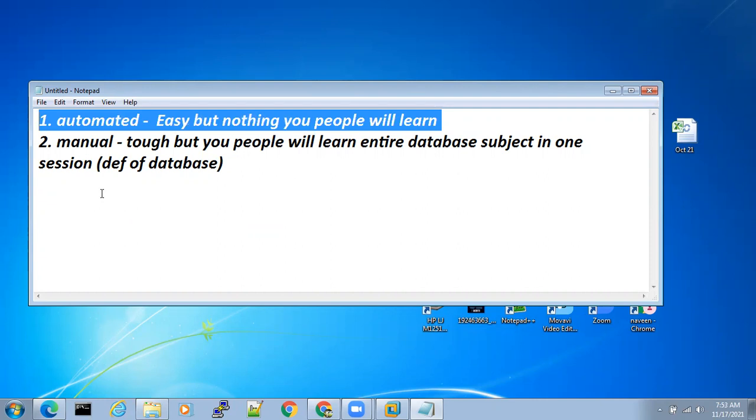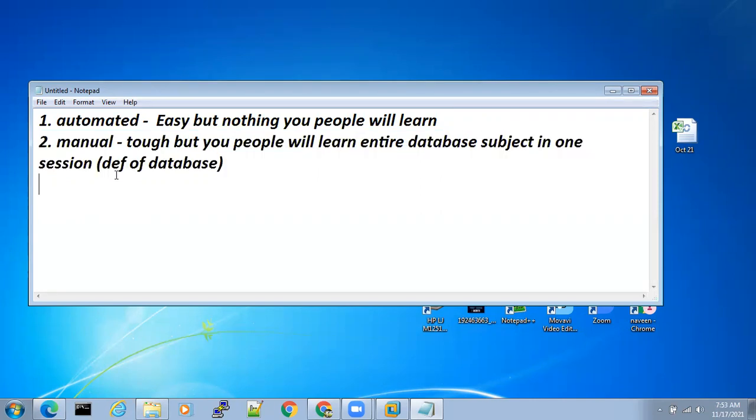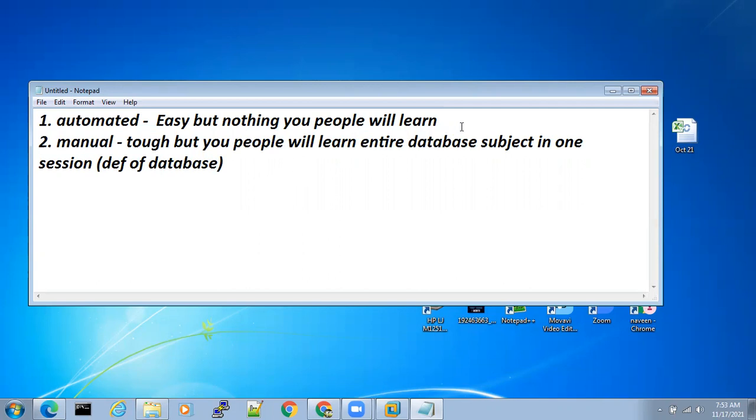I'll teach this at the end of the course. End of the course meaning end of module 1, not the entire course. So initially we'll only go with the manual method. That's the answer for the person who asked me to teach both. Yes, I'll teach both. I'll not skip, but I'll teach this at the end of the course.